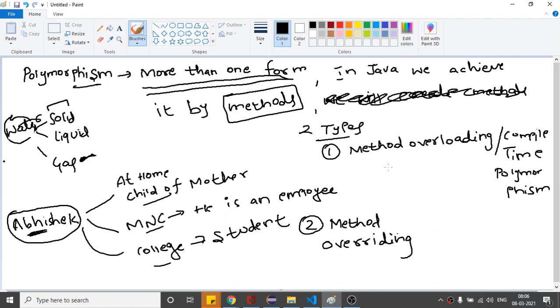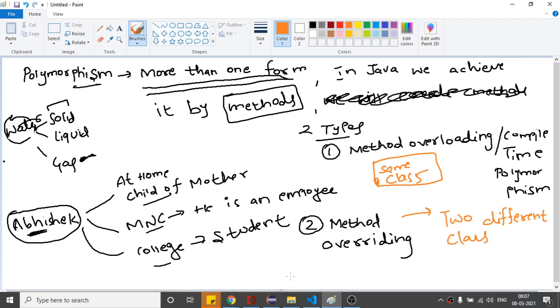And remember that method overloading will be achievable in the same class. So as of now you can see we are having only the addition class, the same class. And if I talk about method overriding, it is achieved in two different classes. So basically you should know some concept of inheritance which we've already discussed in depth. So two different classes, right?